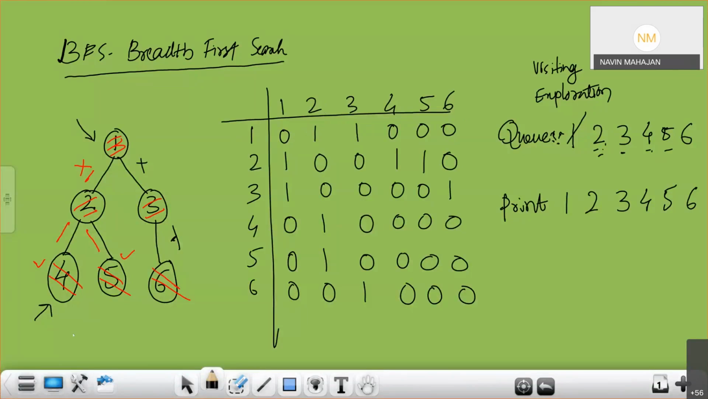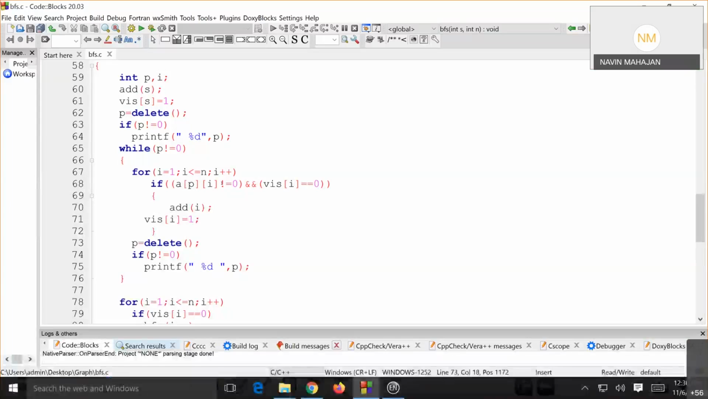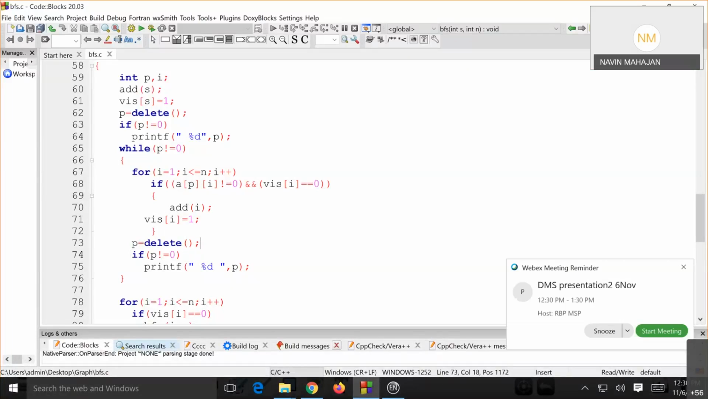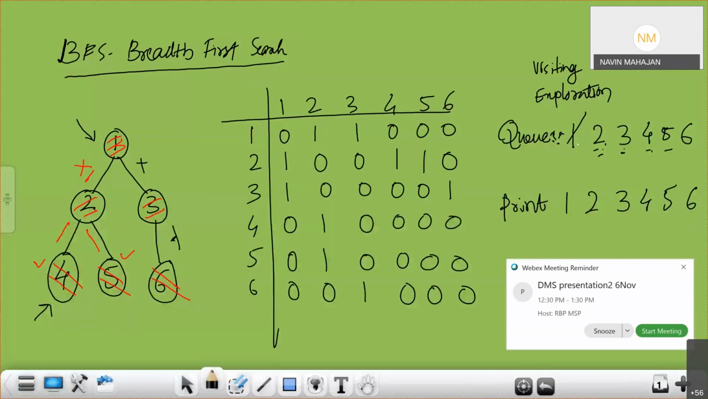Now that is only for those. So whenever there is not equal to 0, that means there is a 1 in the matrix, and those vertices are not visited, we are going to add into Q. Once after adding is over, what I will do? I will delete P equal to delete. Now when P equal to delete, as already 1 is deleted here,